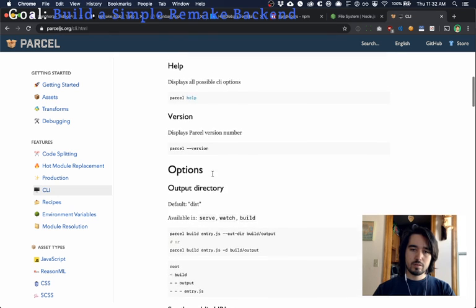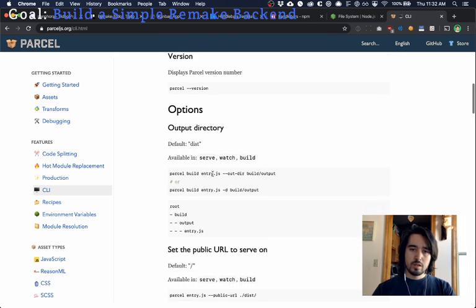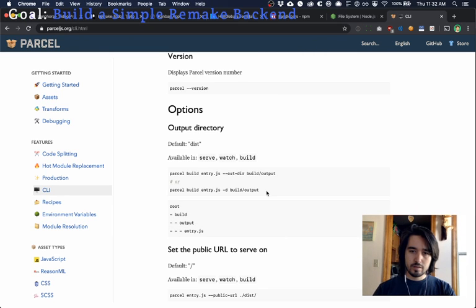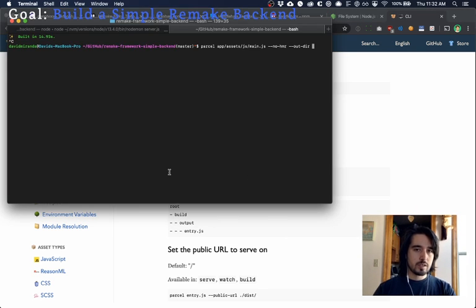Oh, output or d-d. So we'll do out directory. We'll do the long-winded way. And we'll say app